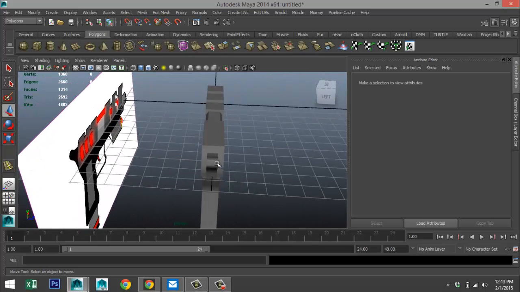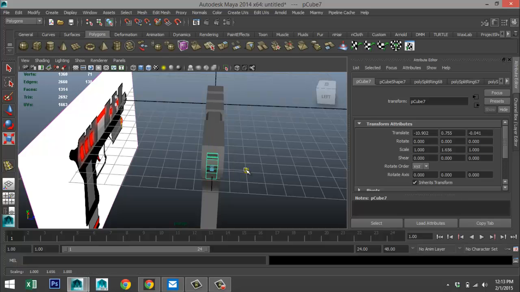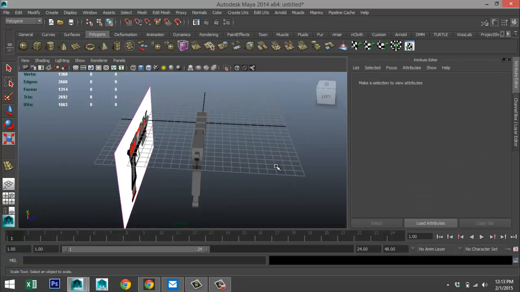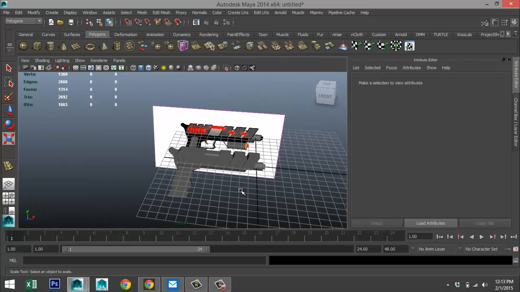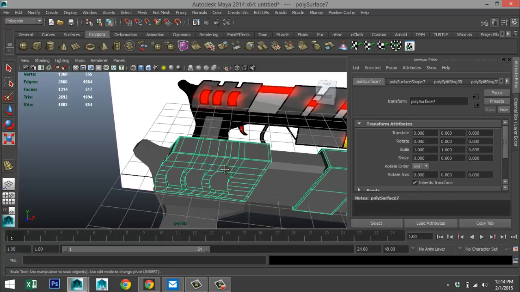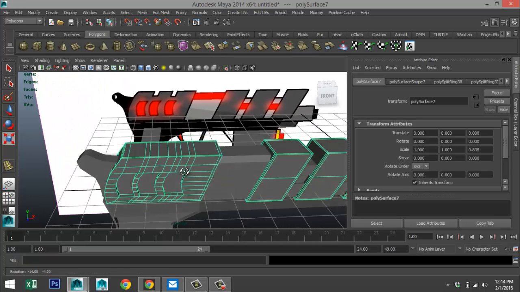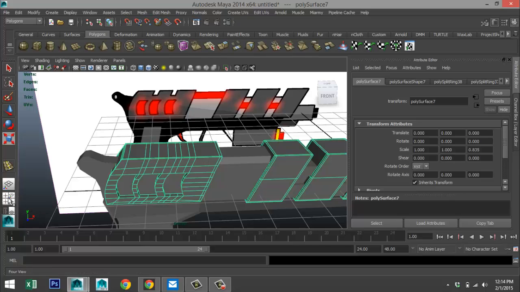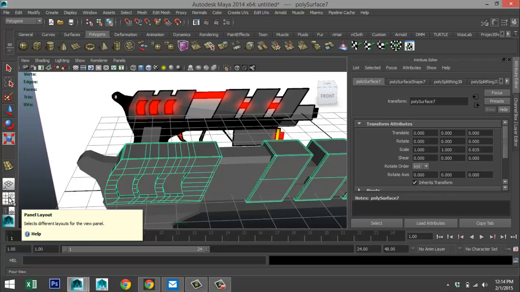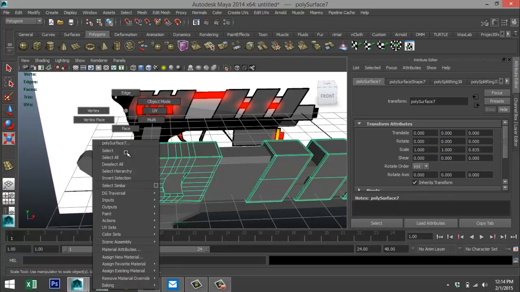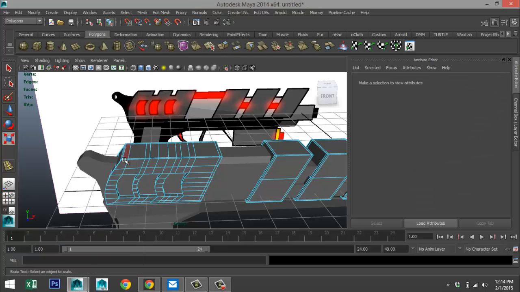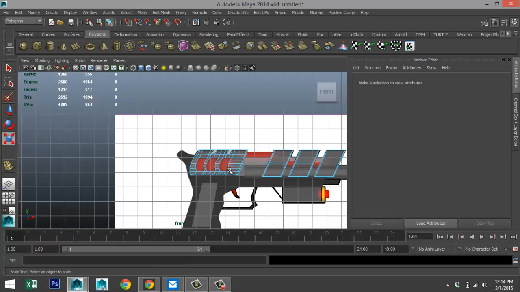Maybe it's a bit thick, so we'll just push that in a little bit. Okay. So now let's deal with these gaps on top. Let's see, what we'll do is right click face, and they are positioned. Let's check it from this view.